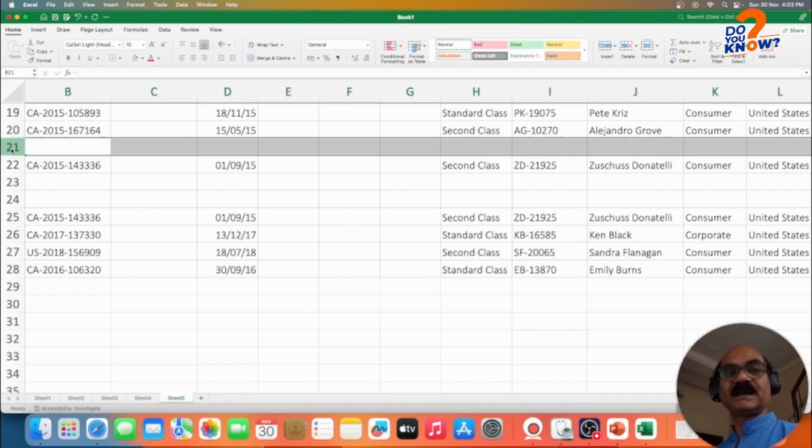Control Z means your previous step, and Control Y your next step. Control Z is undo, Control Y is redo. Re means again, do means the same thing, you apply your action. Redo, undo. Control Z, undo. Control Y, redo. Now